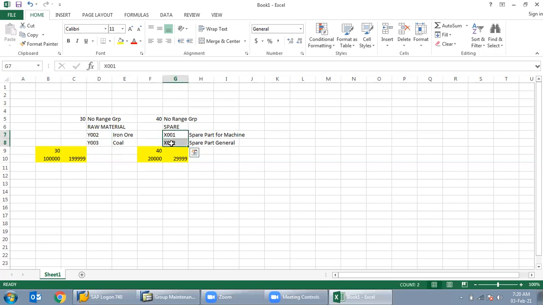So when we create material using Y002, what number will generate? 100001. And if we create using Y003, the coal material type, it will be created in the same number range. Understand?